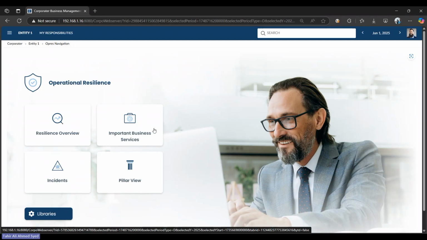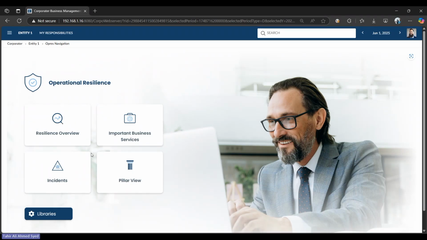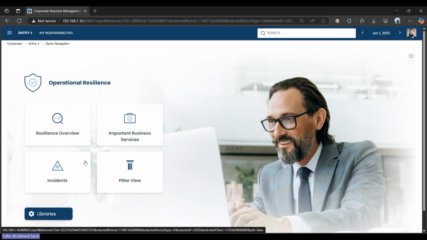You may want to dedicate a dashboard just for the important business services you're operating with. You'd want a full-fledged incident management process and workflow to manage any incidents which could interrupt your resiliency. And from a pillar standpoint, you want a view on how the different pillars within the organization are functioning. So let's start off with a quick overview of the resilience.